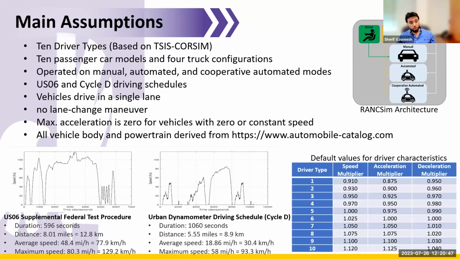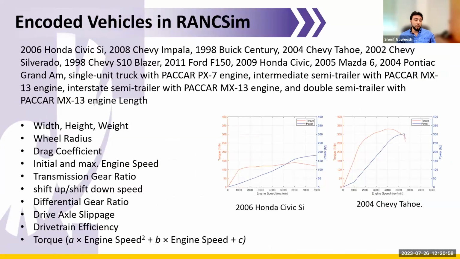This table over here shows the different driver behavior utilized within this vehicle simulation environment as well. The simulated vehicles are presented here. These are the 10 vehicles as well as the 4 trucks, for which the parameters used in the simulation were the width, height, weight, wheel radius, drag coefficients, initial and maximum engine speed, as well as the provided list down here. All of these were simulated within the vehicle simulation,